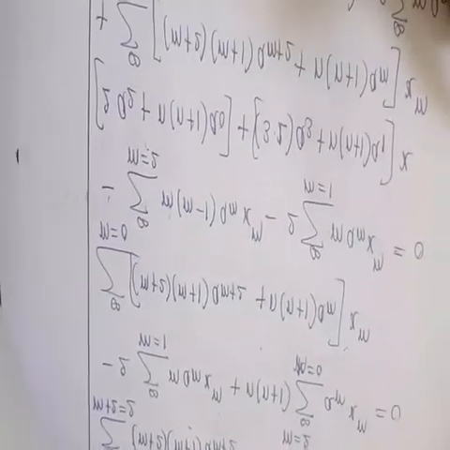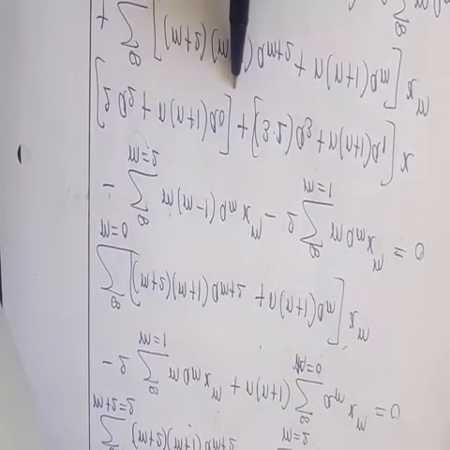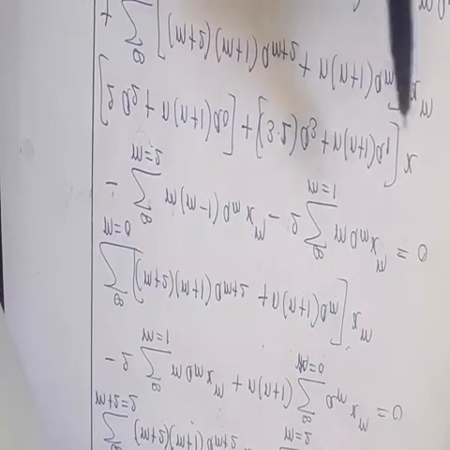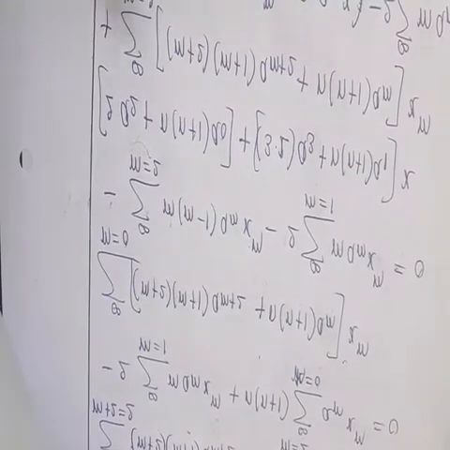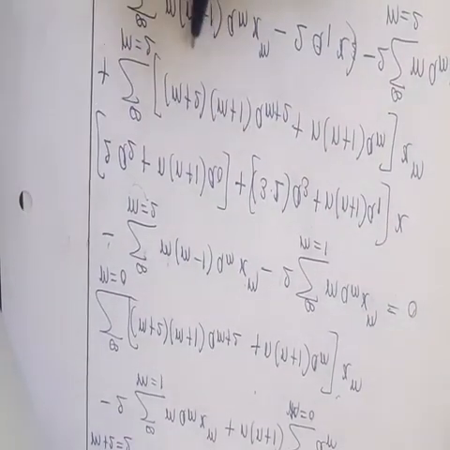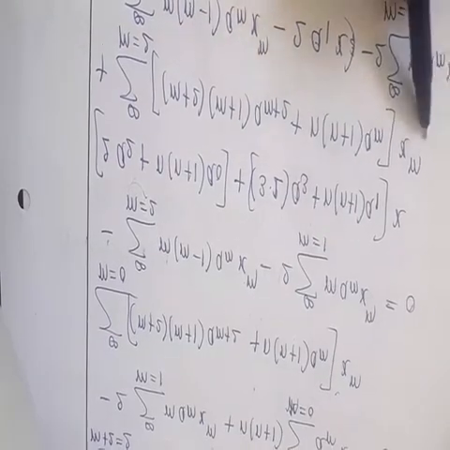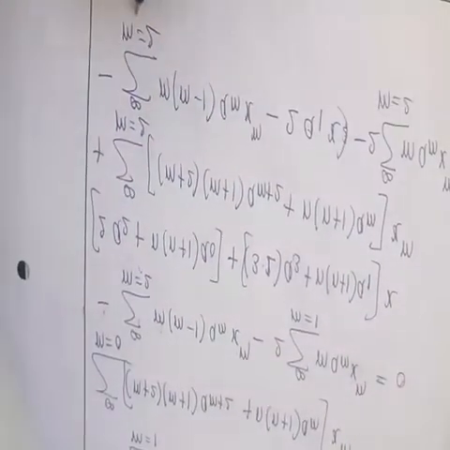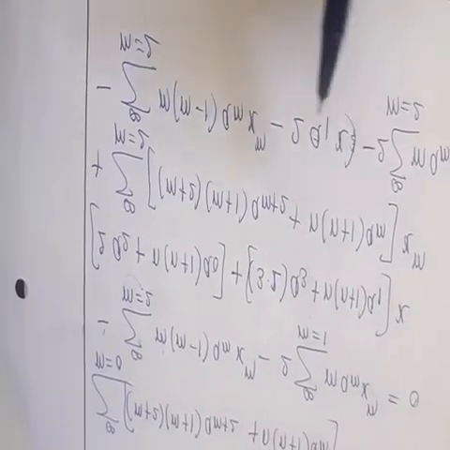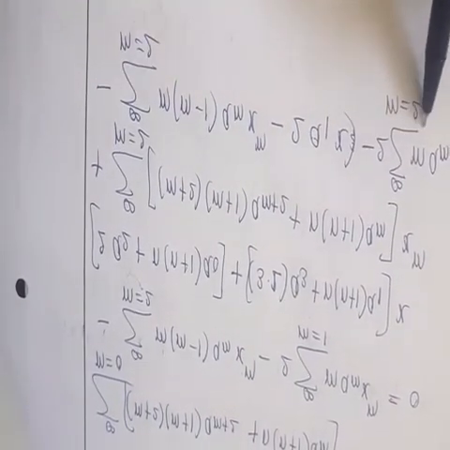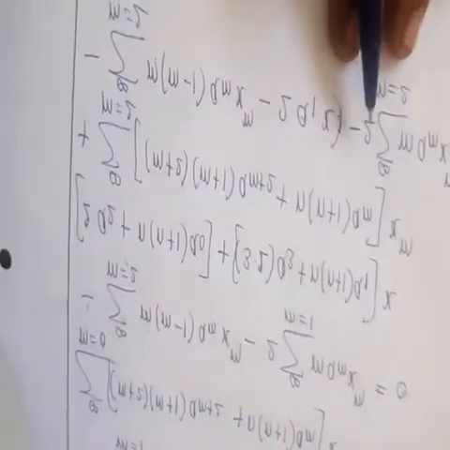So put m equal to 0 and 1 in the first summation, we get 2a2 plus n(n+1)a0 plus 6a3 plus n(n+1)a1 x, plus the summation m equal to 2 to infinity (m+2)(m+1)a_{m+2} plus n(n+1)a_m x^m, minus the summation m equal to 2 to infinity m(m-1)a_m x^m, minus 2a1 x, minus 2 a_m x^m, is equal to 0.